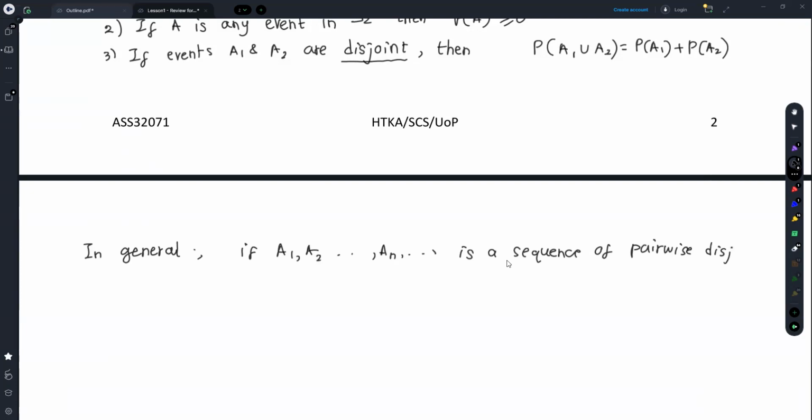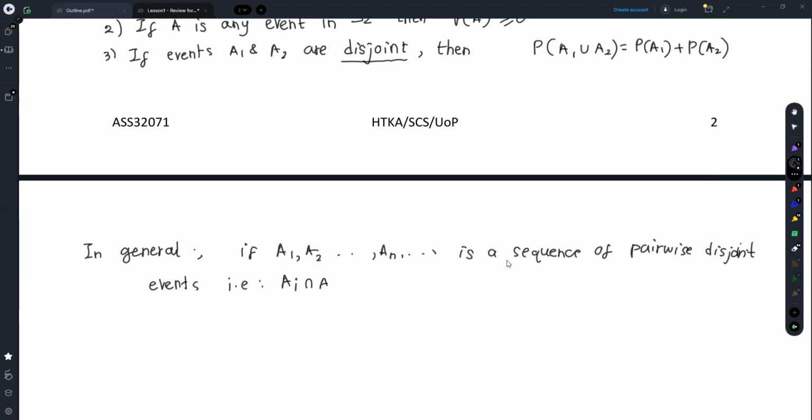Pairwise disjoint, this is very important, otherwise you can't have this axiom, right? Pairwise disjoint events. What does that mean? A1 and A2 are disjoint, A1 and A3 are disjoint, all the way to A1 and AN. Then A2 and A3 are disjoint, likewise all possible pairs of this set are disjoint, right? So that means